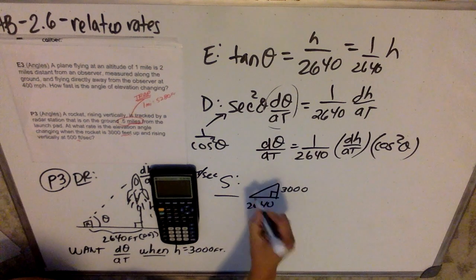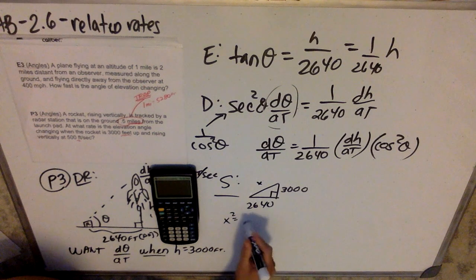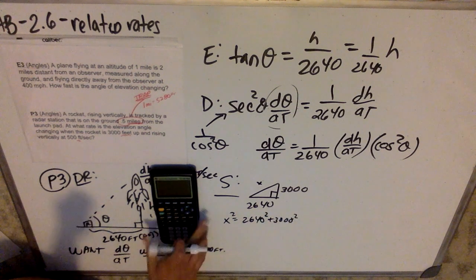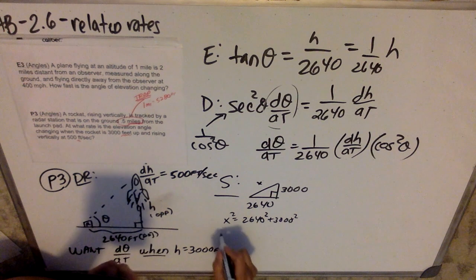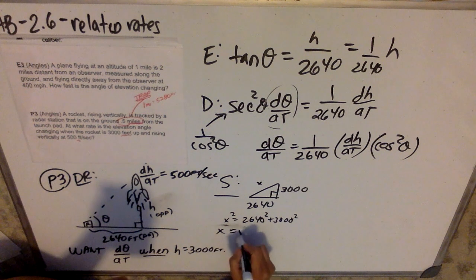I'm just going to call this side x because I didn't have an x, right? So I know that x squared is going to be the 2640 squared plus the 3,000 squared, and I'm definitely not doing those in my head, and that is not a level of expectation that the AP would have either. So don't panic if that's where you're at. Okay, so I get a ridiculous number, right? I'm going to get that x is the square root of